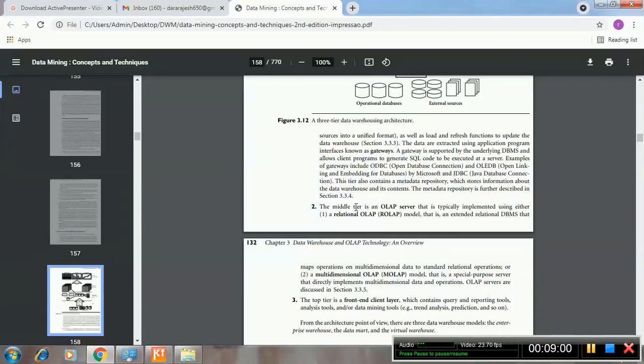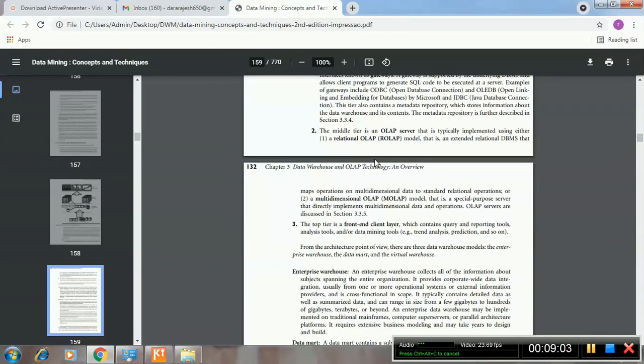Next, the middle tier is an OLAP server, which is typically implemented using either a relational OLAP. ROLAP means relational online analytical processing model, that is an extended relational DBMS that maps operations on multidimensional data to standard relational operations.